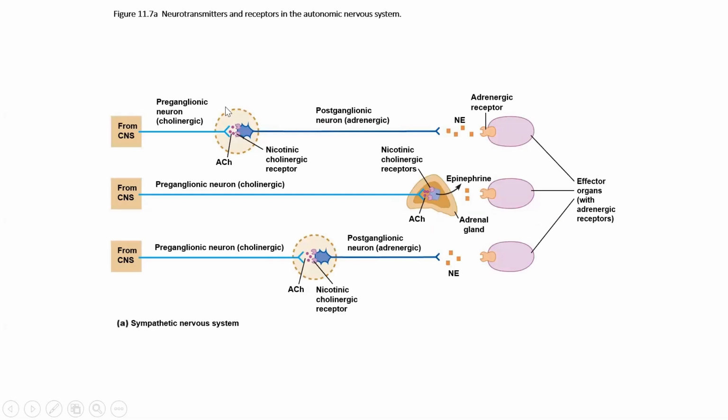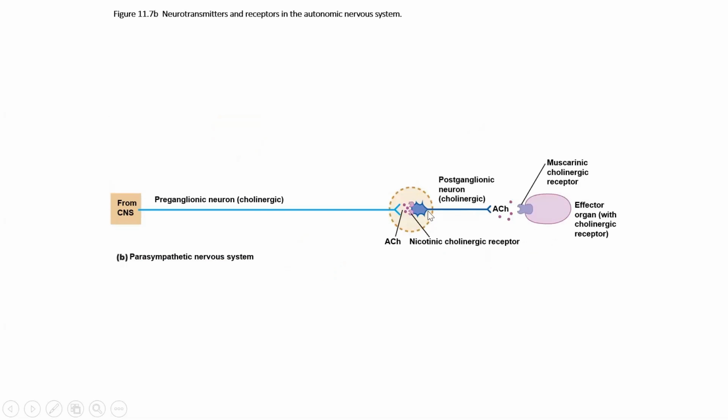So nicotinic receptors are on our, going back to the sympathetic schematic here, they're on our postganglionic neuron. So they're here on this postganglionic neuron, they're here on our chromaffin cell, they're here on this other postganglionic neuron as well. And then they are here as a part of the parasympathetic postganglionic neuron also. Whereas muscarinic receptors are only found on the effector tissue, and they can relay the postganglionic signal to that effector tissue, okay? We'll talk about the other differences between these two types of cholinergic receptors, but this is something that